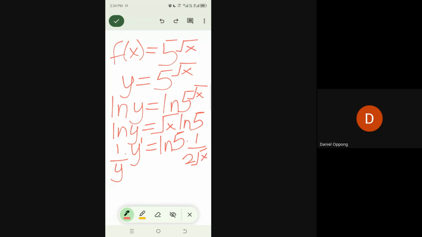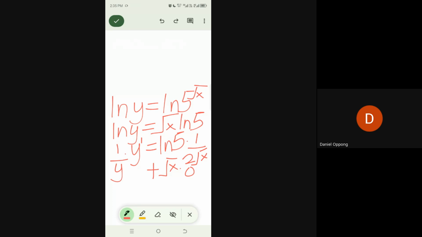And you differentiate with x, you are going to get 1 over 2 root x. And now, because it's a product, we are going to leave x and differentiate ln 5. And ln 5 is a constant. When you differentiate a constant, it is 0. So now we have,